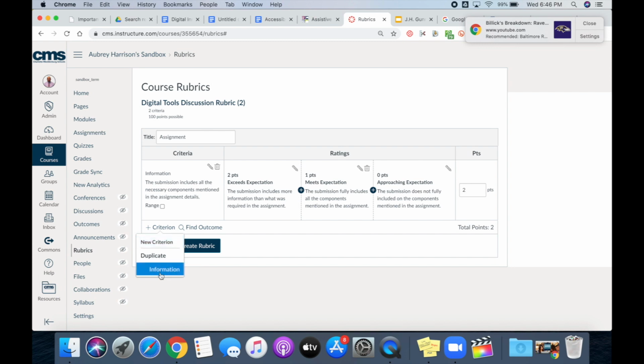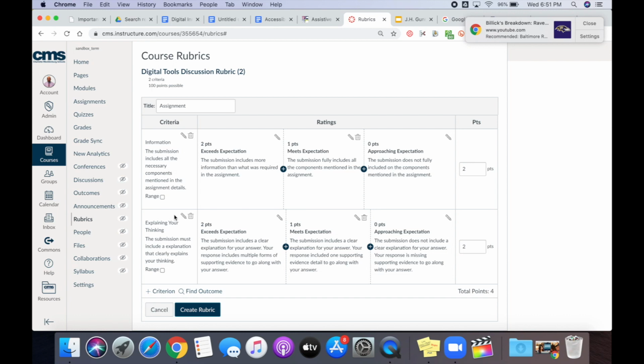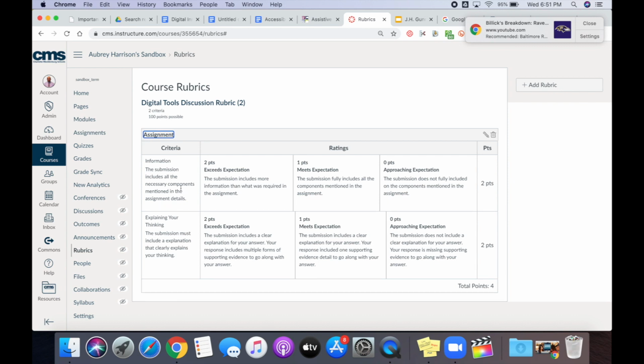I'm going to duplicate my information criteria, and I'm just going to modify this and add a new criteria. Once you have finished your rubric, you can select the blue button that says Create Rubric. And now you have a brand new rubric in your Canvas